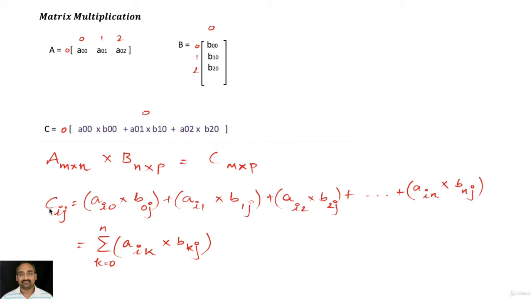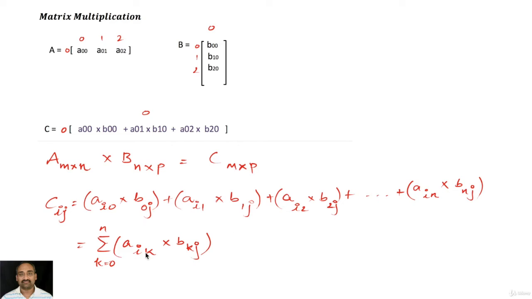The corresponding resultant matrix Cij will be Ai0 times B0j and then Ai1 times B1j, Ai2 times B2j and so on till the number of columns, that is n. Now if you look at it, i and j will be constant for each term, whereas the variable one will be the column number. So here the column of the first matrix will be multiplied with the corresponding row of the second matrix, and this is what varies.